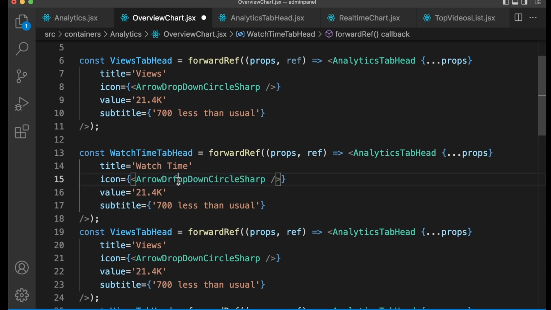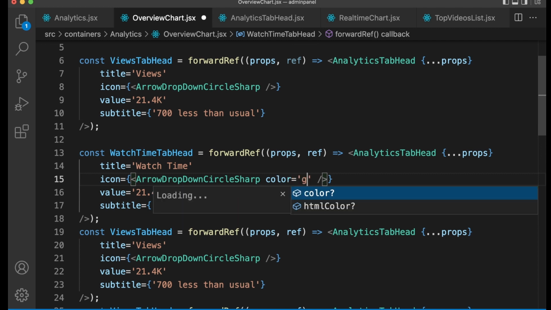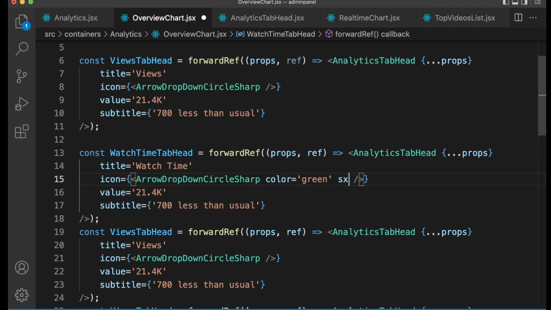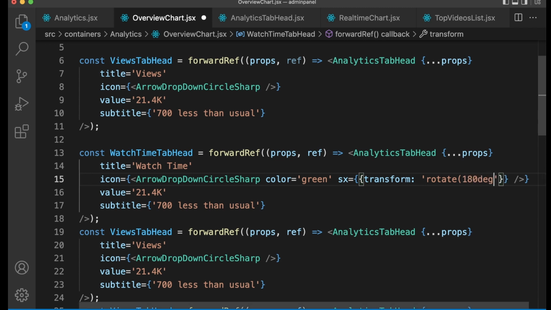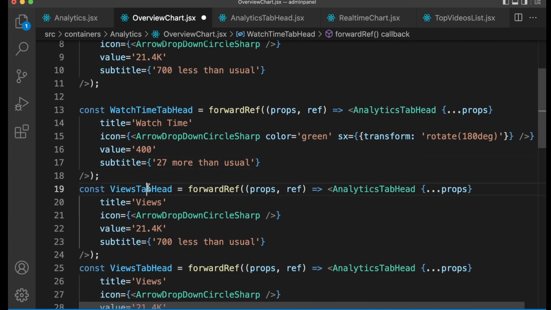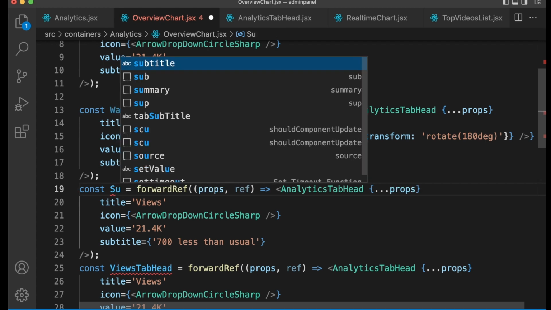We actually, oh sorry, we need to rotate it, and change the color. So I can set the color green so easily, and for rotating it upside, I just set transform to rotate 180 degree. Yeah, that's it. And let's change the values, for example 427 more than usual, and this one should be for subscribers,